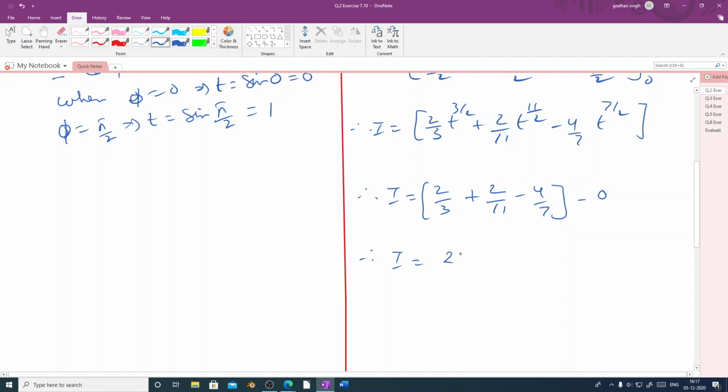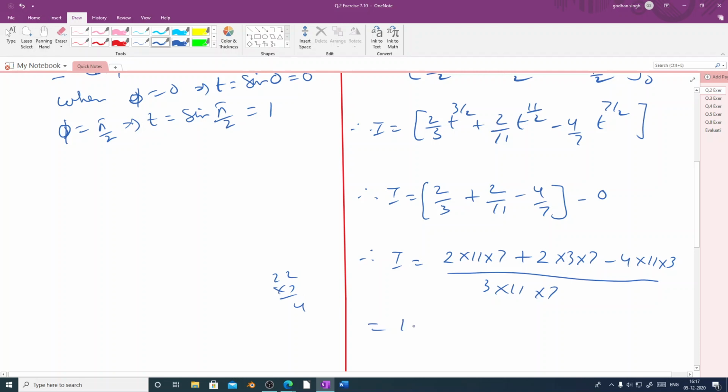So here we'll be getting 2 into 11 into 7 plus 2 into 3 into 7 minus 4 into 11 into 3 over 3 into 11 into 7, and so this will give us 22 into 7. Let us multiply it. So this will give us 154, plus similarly this will give us 42, and this will give us